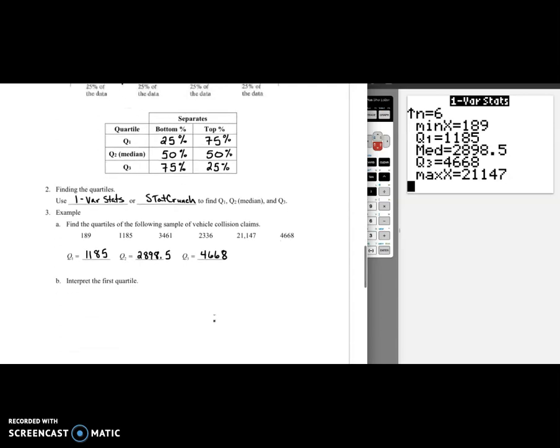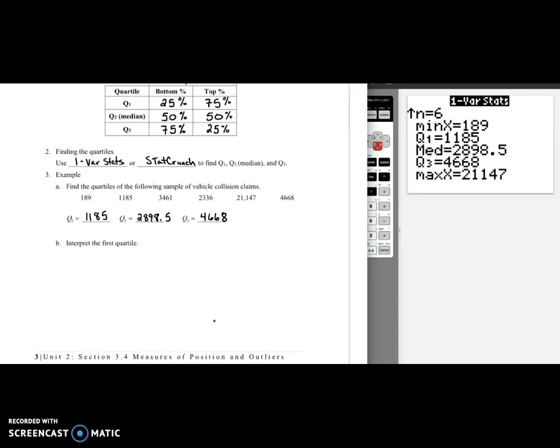So if we were going to interpret that first quartile, and since we're talking about vehicle collision claims here, we would say 25% of vehicle collision claims are less than or equal to $1,185,